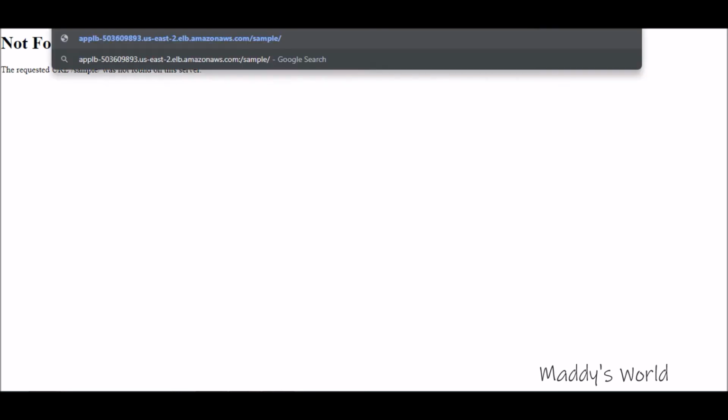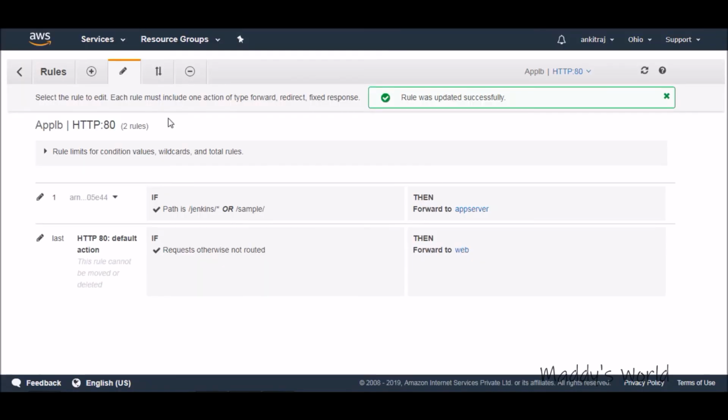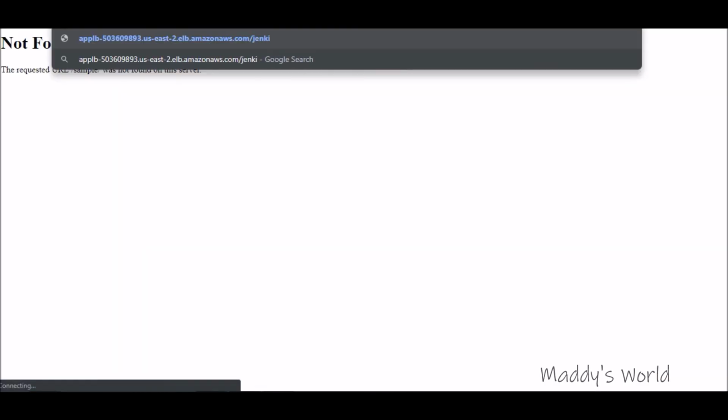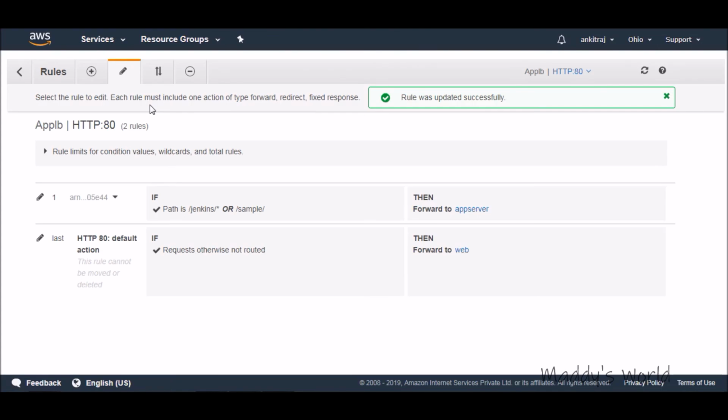It says no. We don't need it actually, this is what we are doing. It's not forwarding.